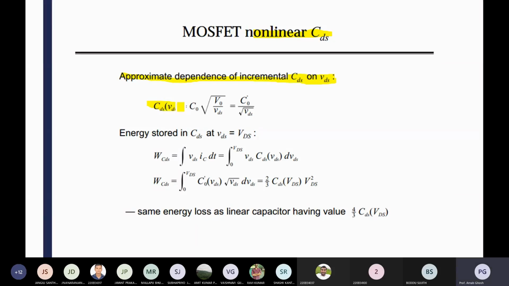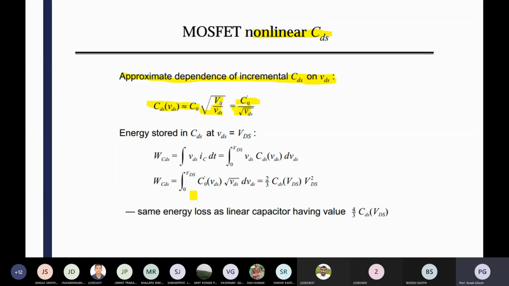CDS as a function of VDS is more or less equal to C0 times the square root of V0 by VDS. These are directly some of the expressions I have considered. Finally you will get some value, a root under V0 and C0. They consider a C0 dash constant like that, and root under VDS will be there. So finally we will get the final expressions